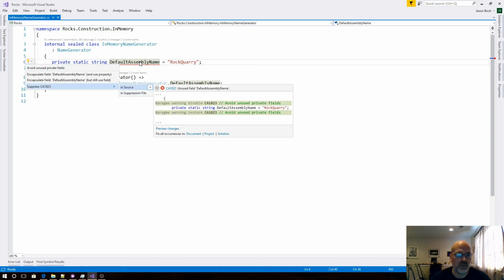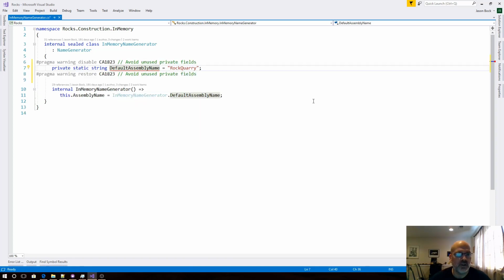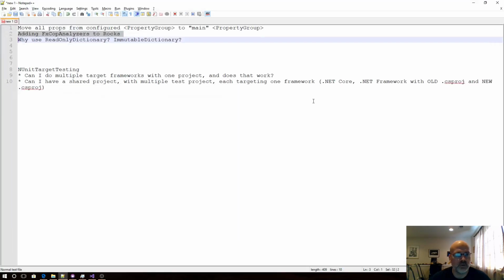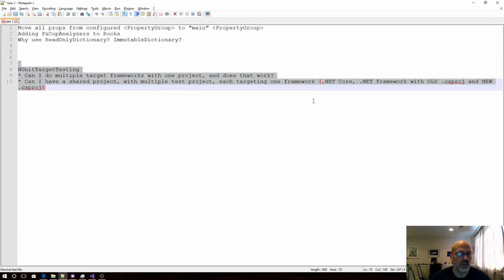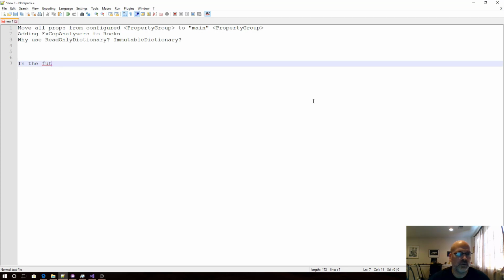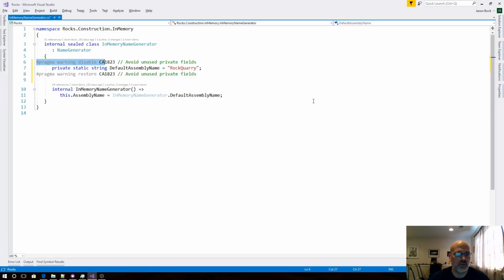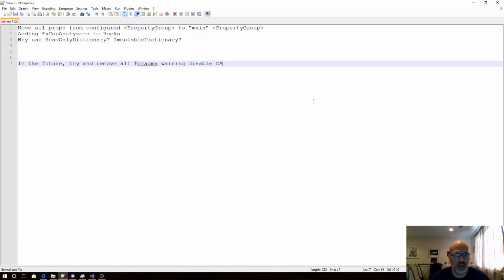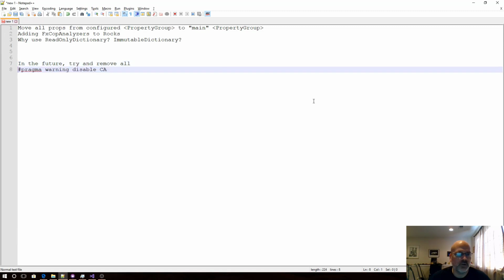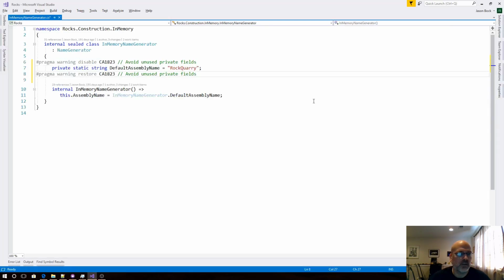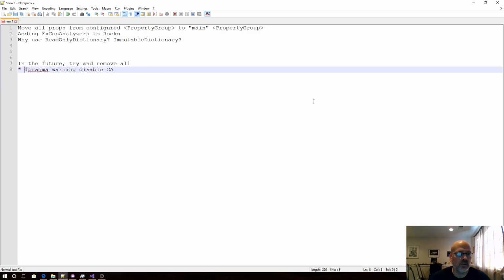do a whole bunch of suppressions. And it looks ugly, but this way I can actually track it, and say, hey, I'm going to put that in as a note in my notes over here. And that note is gone. In the future, try and remove all pragma warning disables and pragma warning restores. Because then that'll get them back and I can just go through potentially all these en masse. And actually, let's do that specifically. Let's go to the beginning of the file and do